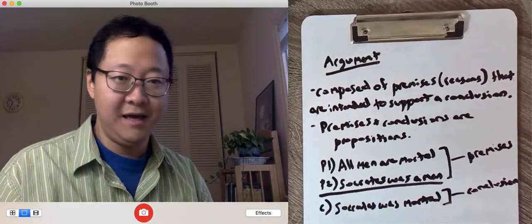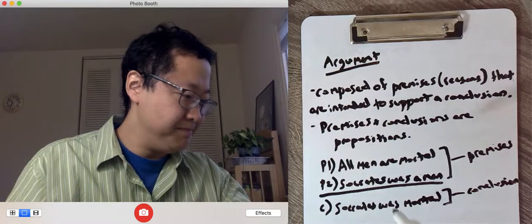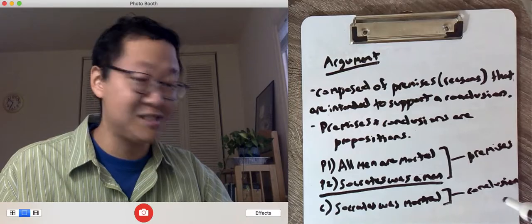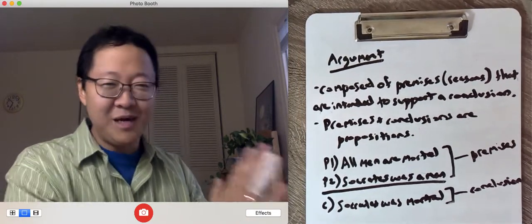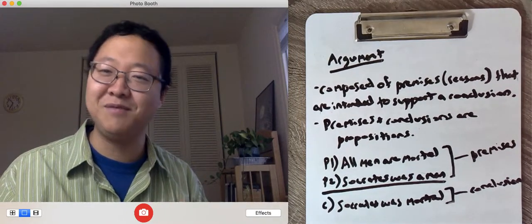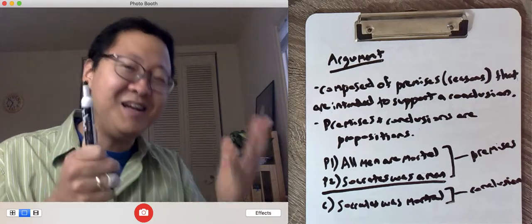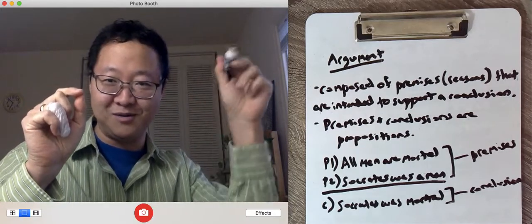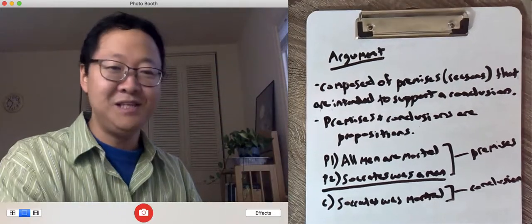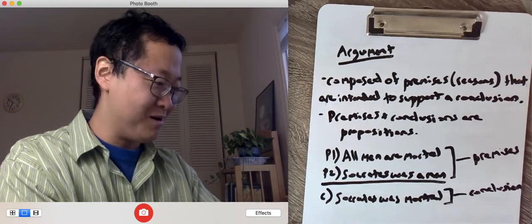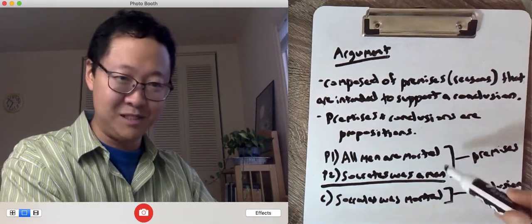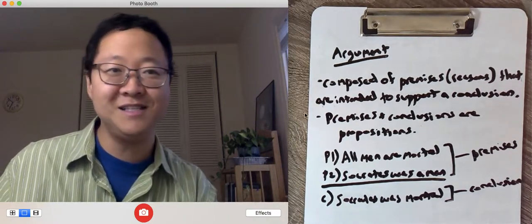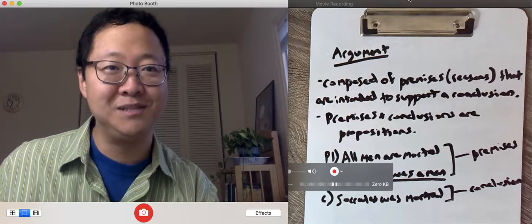Now P1, P2, obviously P and P stand for premise, C stands for conclusion. This way of writing things is like a new system. Some of you might not be familiar with it, and you're learning a new system. It's kind of like when you first learn math. You learn, oh, 1 + 1 = 2. Like you learn what things mean. This is how we write out arguments, where we specify what the premises are and what the conclusion is. So that's what an argument is, and we will move on to propositions in the next video.